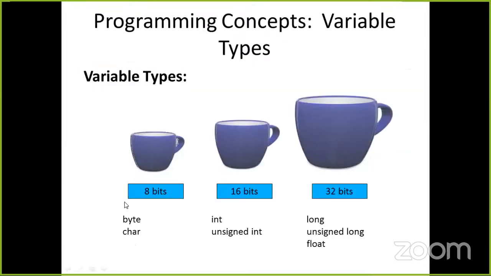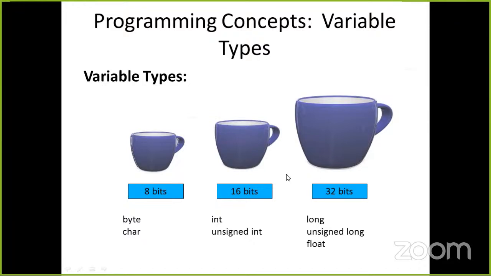Just like 8-bit, 16-bit, when we talk about bitwise operators, over there you can see 8-bit means how much value we can store. Byte, character, and all that. With 16-bit, more value we can store, like in a cup that you can see. With 32-bit and more than this, you can store even more value. Like these are long, and long, float, int,